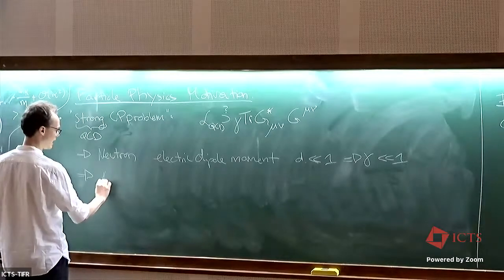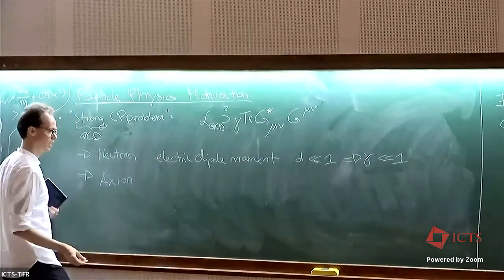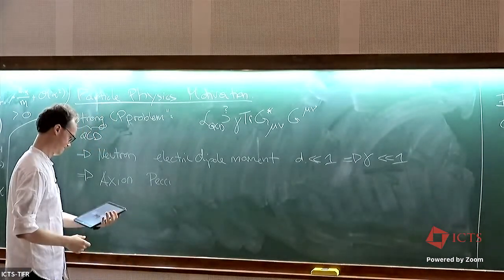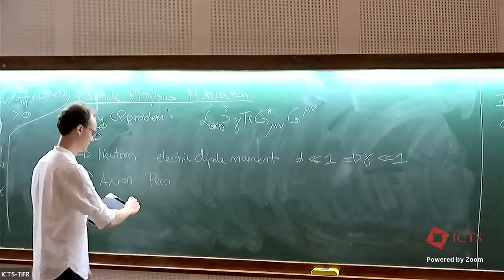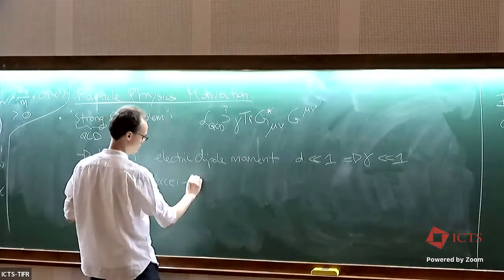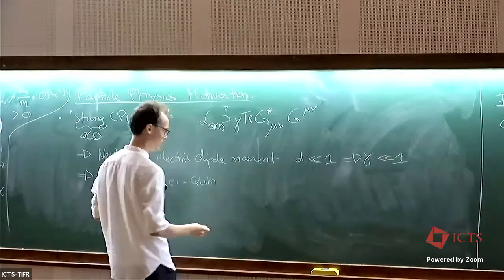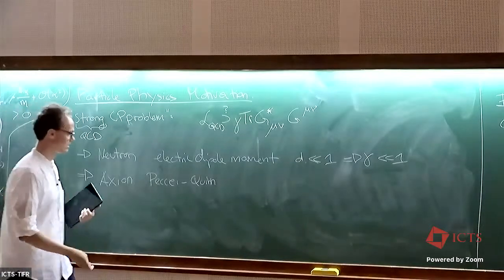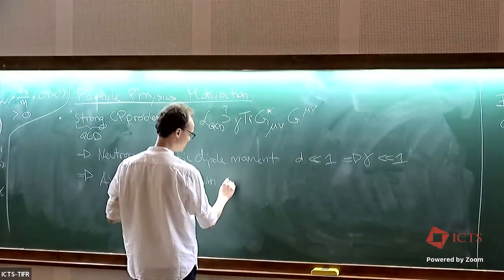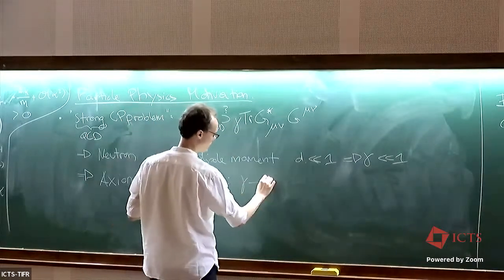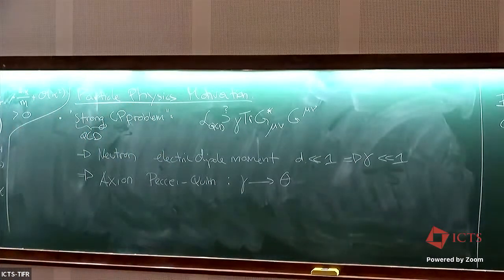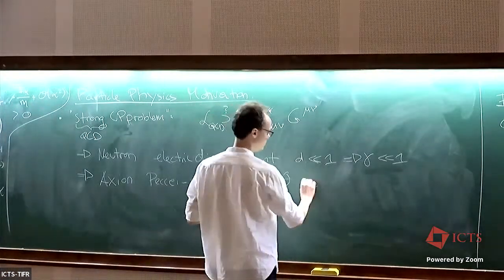So you introduce the axion. This was done by Peccei and Quinn back in the, did I write it down? 60s, 70s maybe. And so the idea is that instead of having gamma here, you replace the gamma, the coupling constant, by a new scalar field theta. Okay? And this new scalar field theta has a potential such that